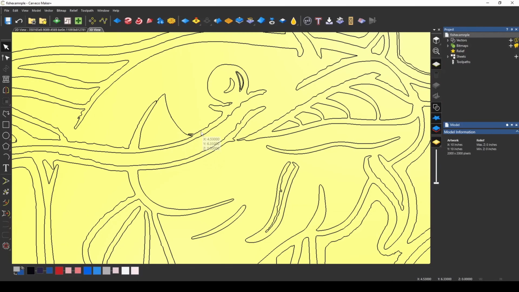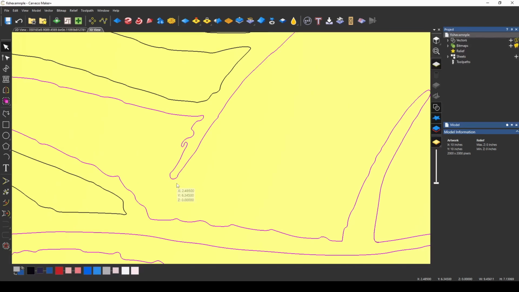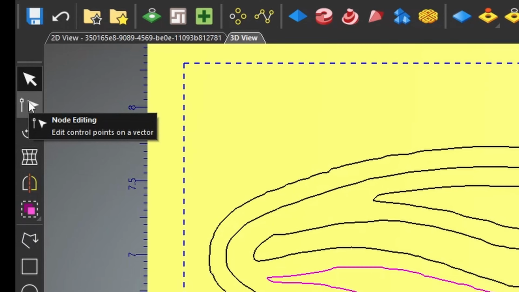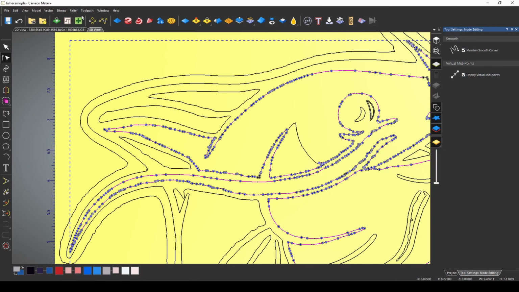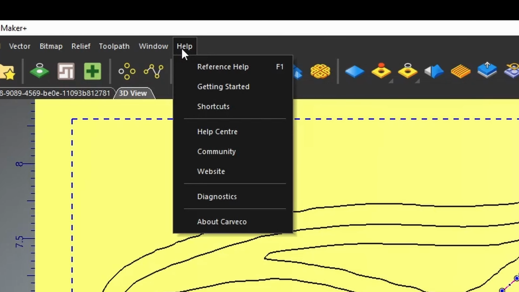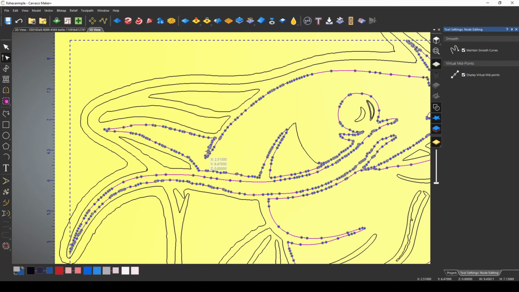The next method we're going to use is the node editor. If I click on a line, let's click on this vector. It has a bunch of really bad shapes in it that don't belong, that we want to try and straighten out. So to open our node editor, we can come over here and click on our node editor to open it up. You can also press N on the keyboard. To find all of these keyboard shortcuts, you can go to Help and Shortcuts, and this will give you a list of all the different keyboard shortcuts that exist. I wanted to show you that because this next step uses several of these keyboard shortcuts to make things faster.